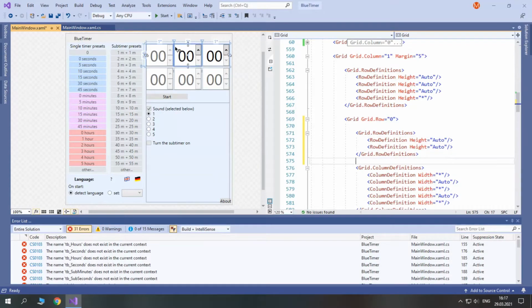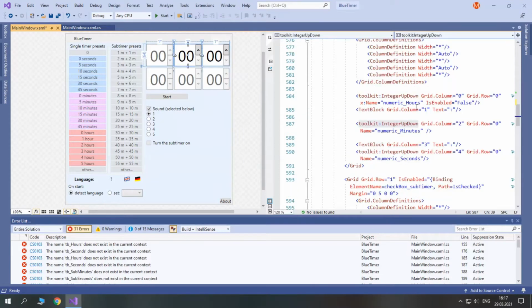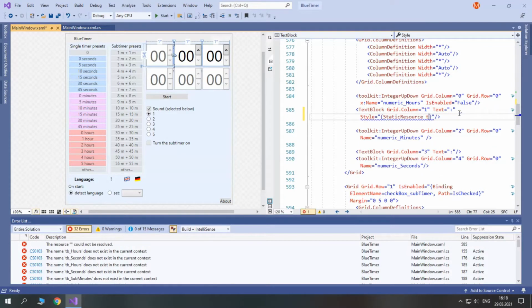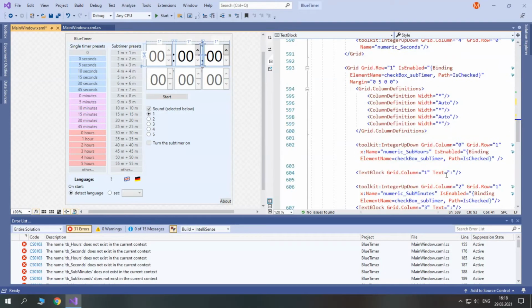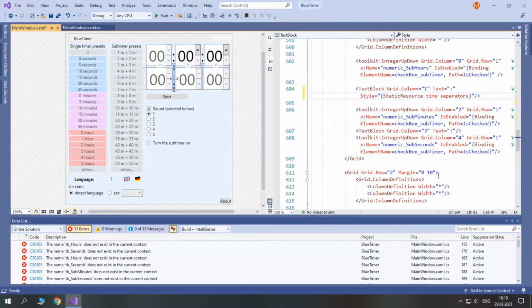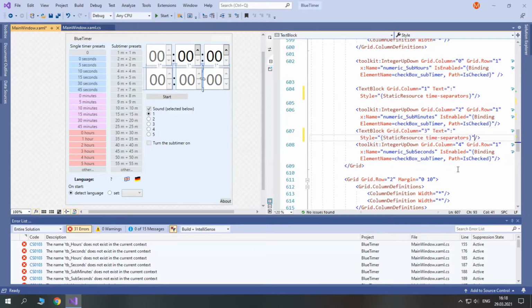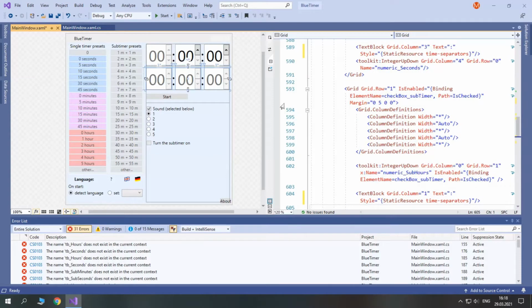Then let's correct one little thing, and that is our time separators should have a style applied to them. Style static resource time separators like this, here and here and here and here. Okay, now let's remove the subtimer grid and merge it with the main timer ones.